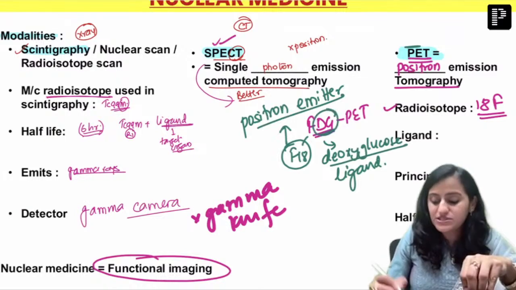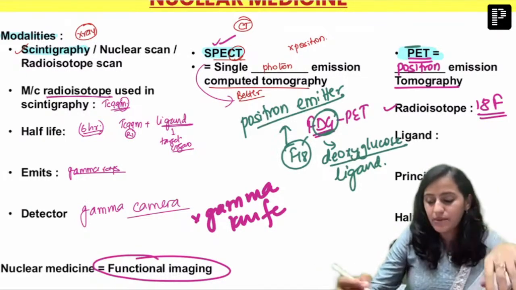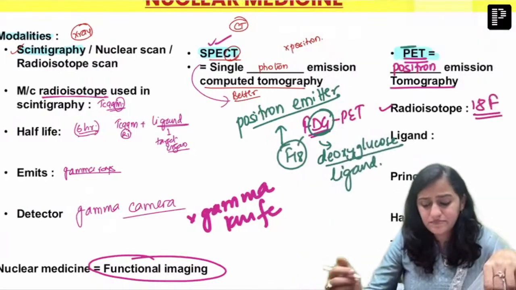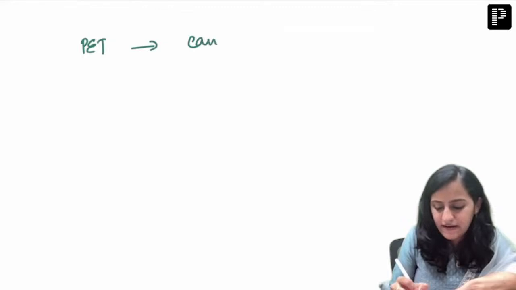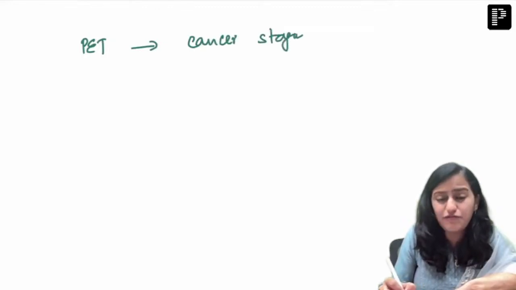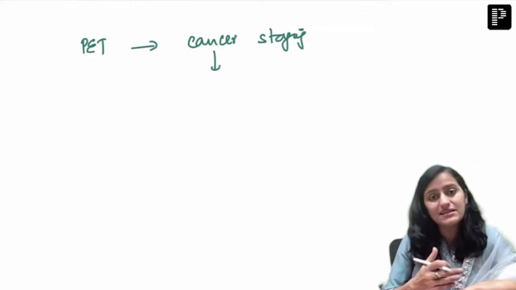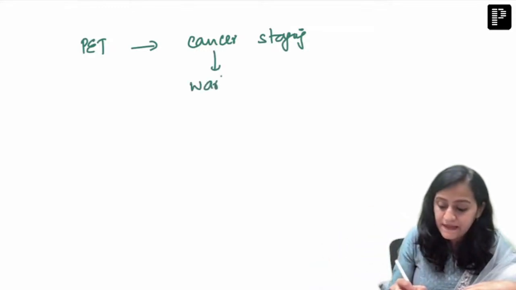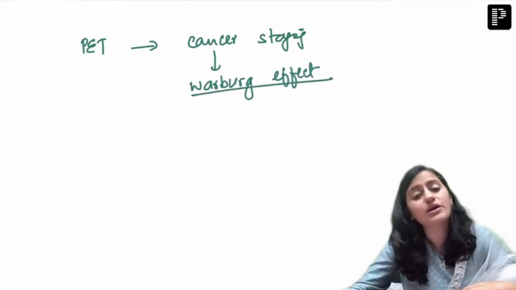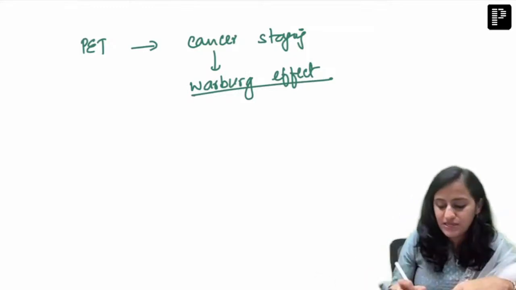Next is, why do we use deoxyglucose as the most common ligand? Because what is the most common indication of doing PET scan? PET scan is basically done for cancer staging to look for where all the cancer has spread in the body. And you know that the cancer cells, as compared to normal cells, take up more glucose. What is this effect called? This effect is called Warburg effect. And so cancer cells take up more glucose. So you use the ligand also, which is